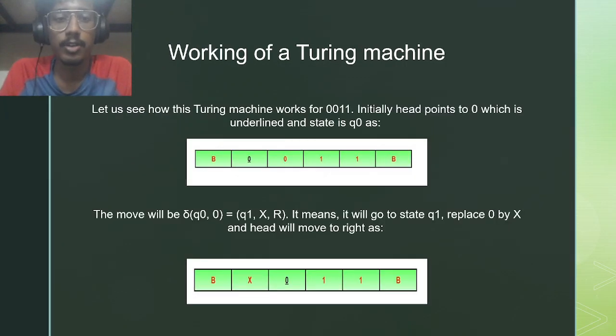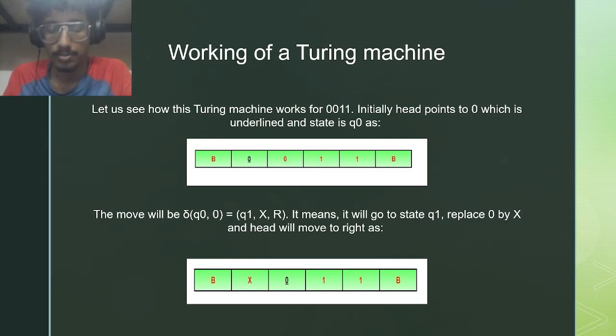So the working of Turing machine is as follows. Let us consider a string 0011. Initially, the head points to 0, which is underlined, and state is Q0, the initial state. The first transition function is delta Q0, 0 equal to Q1, x, r, which basically means that when 0 is encountered in the state Q0, it will move to state Q1, replace 0 by x, and the head will move